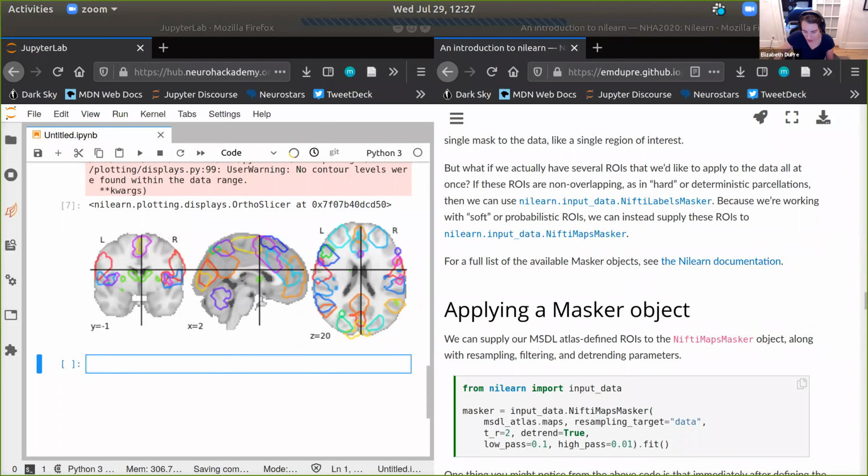Okay, so there's a question, which is: is a masker necessary? Wouldn't the whole image provide more information for machine learning? This is a great question. Basically, this goes back partially to something Tal said in his lecture the other day, and partially to the idea that we want structured signal, right? A couple of things. One is that if you reduce the dimensionality of the signal in a smart way, you can be more efficient and more likely to reach convergence for various machine learning algorithms, which allows you to learn more efficiently. So oftentimes it's really useful to reduce dimensionality.